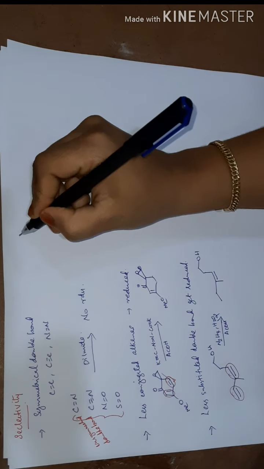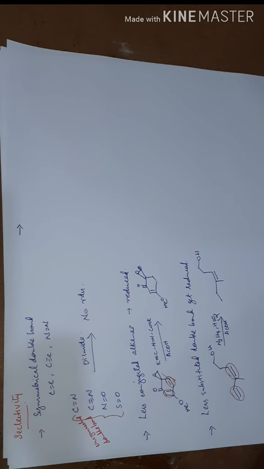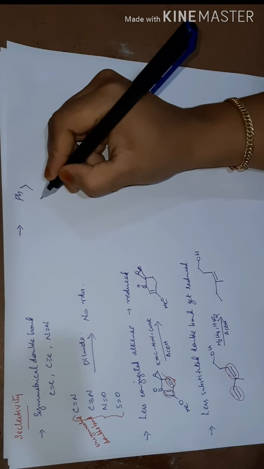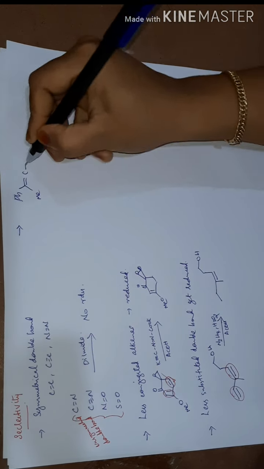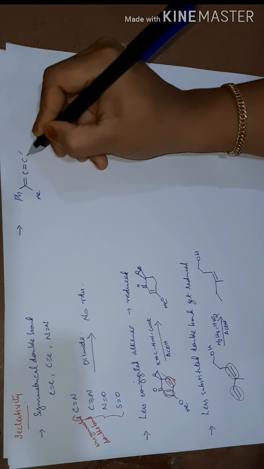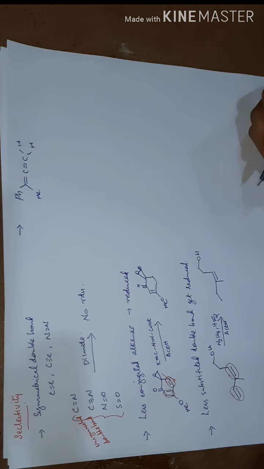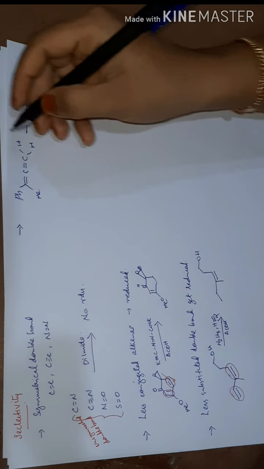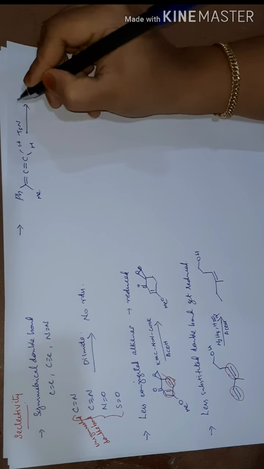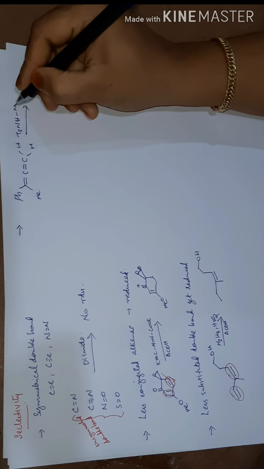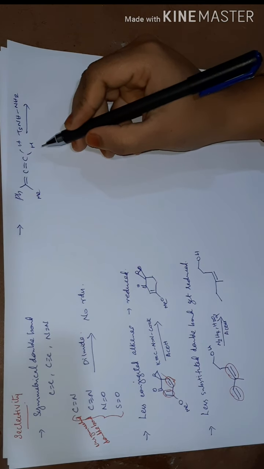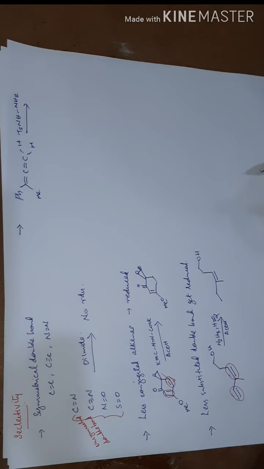Then moving to the fourth point, if we have an allene type molecule, for example, this is our allene type of molecule, with double bond CH. This is the allene type molecule, in the presence of a diimide source, that is tosyl hydrazide. Tosyl hydrazides are used to generate the diimide. The reduction is happening at the less substituted position.